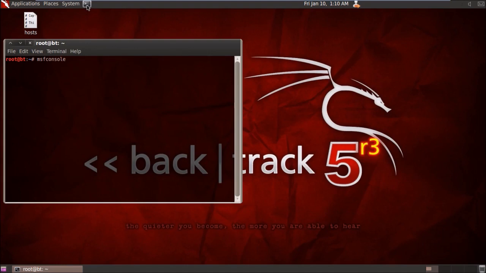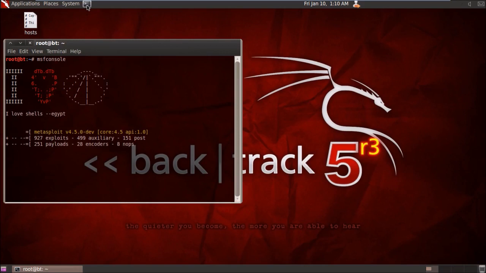Opening Metasploit can take a little bit of time. Have some patience. Meanwhile, I'll tell you what Metasploit does. As you can see, this is my terminal, this is my GUI for Metasploit.